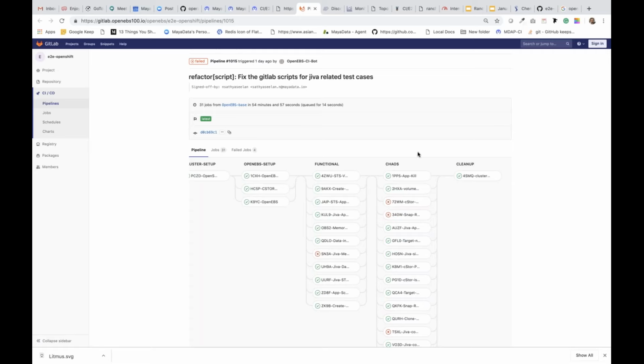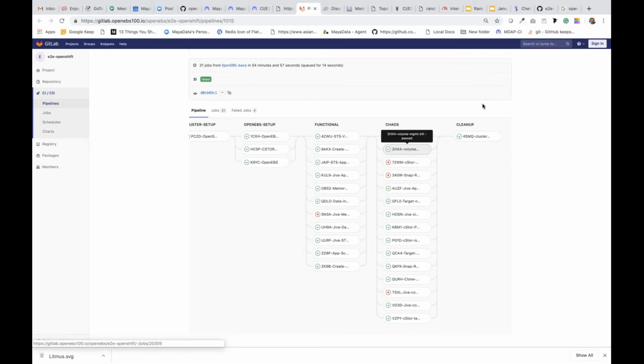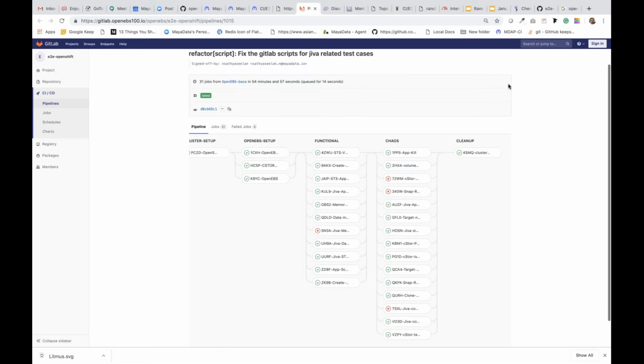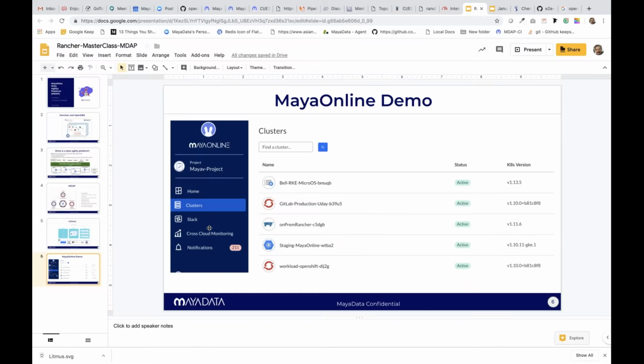is Maya Online, maybe another 2 minutes. Maya Online is a cross-cloud visibility platform where you can connect any of your Kubernetes clusters to Maya Online. It can also be deployed on-prem if needed. The on-premise version of Maya Online is coming pretty soon. And here, for example, I have a Rancher cluster that's connected. So let me go there, and I have an application that's running inside the Kubernetes server that's running on the Rancher platform.